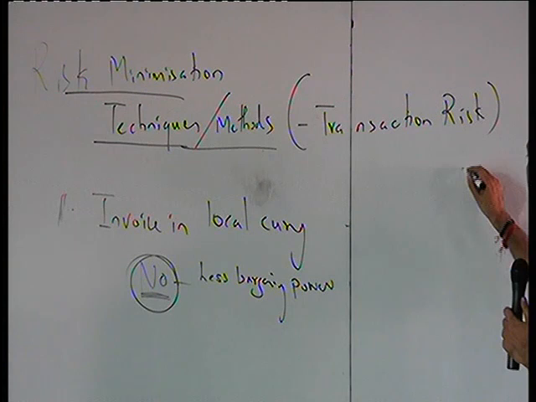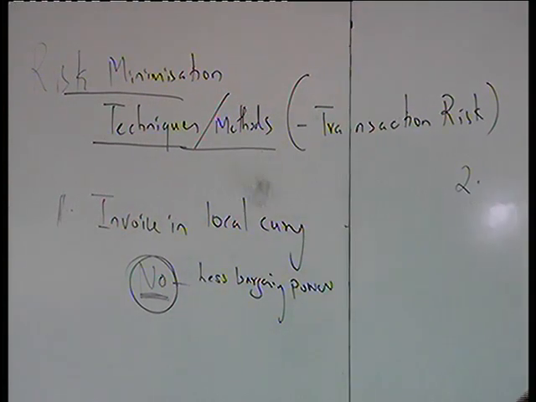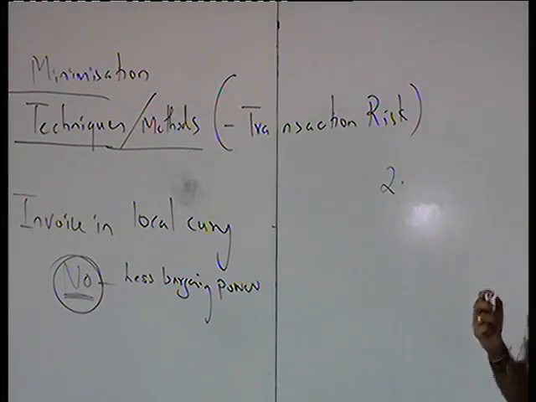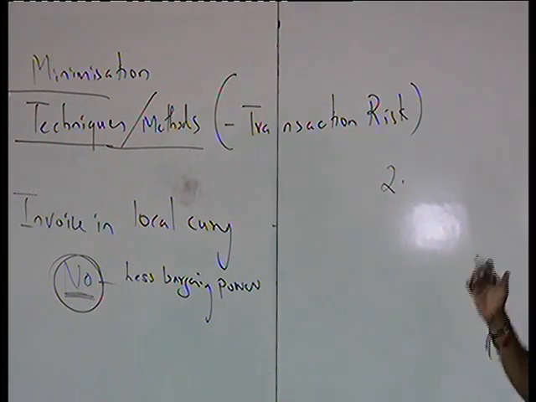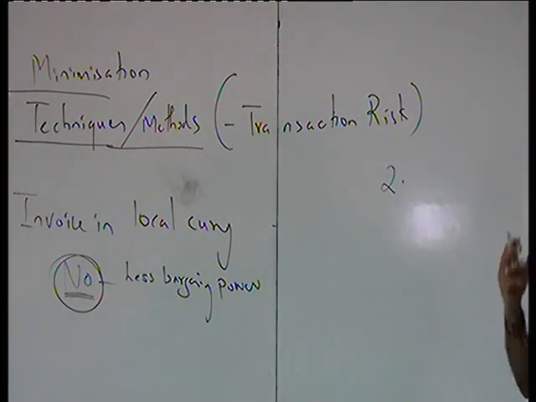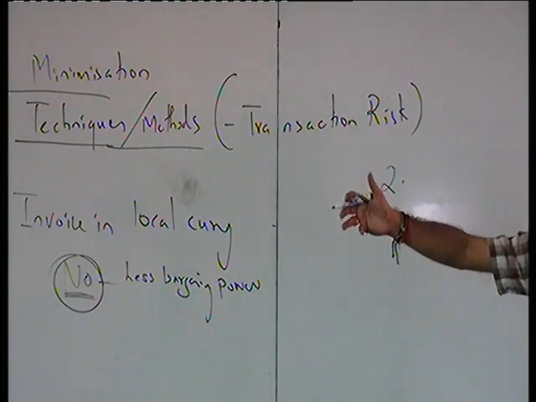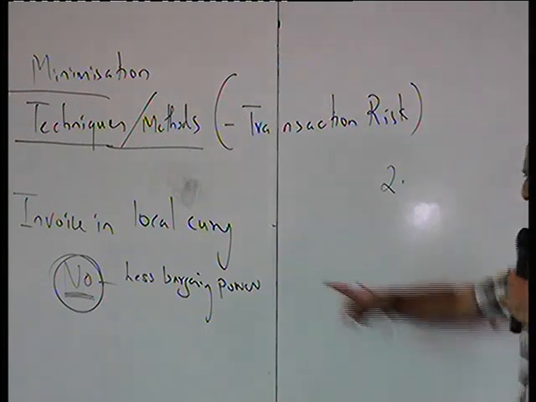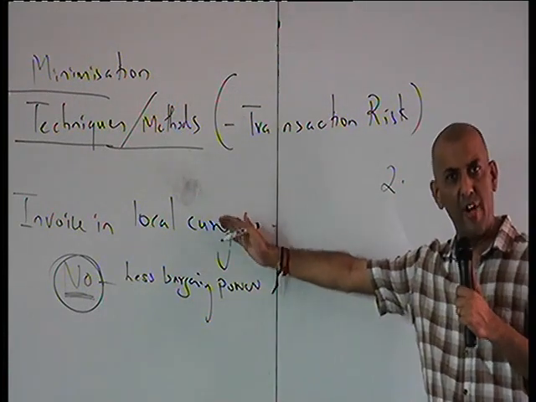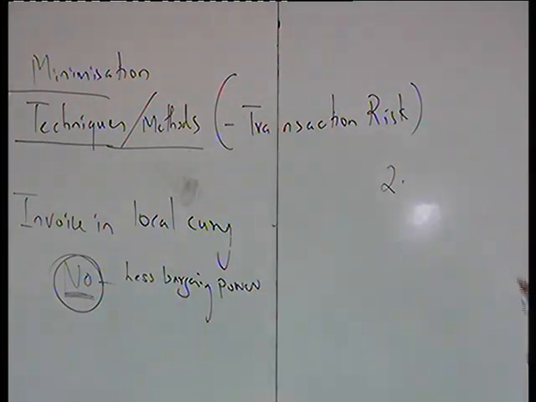Second technique or method to reduce the exchange rate impact. We now know that there is a risk. We know definitely there is a risk. If I go to pay on 15th of April, I will lose money. So how do I reduce it? The first technique we looked at, even though it's a good one, practically you may not be able to get the customer or supplier to invoice.